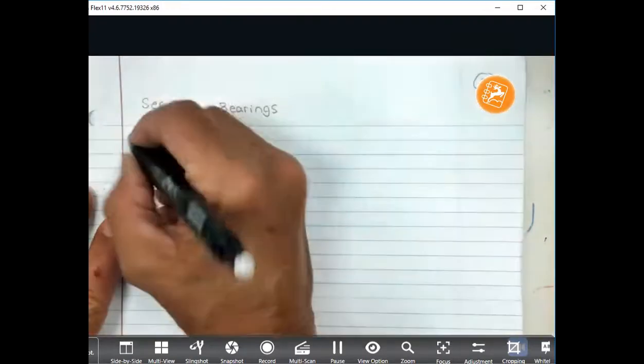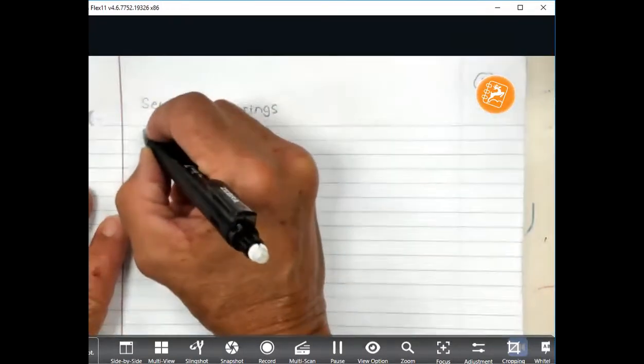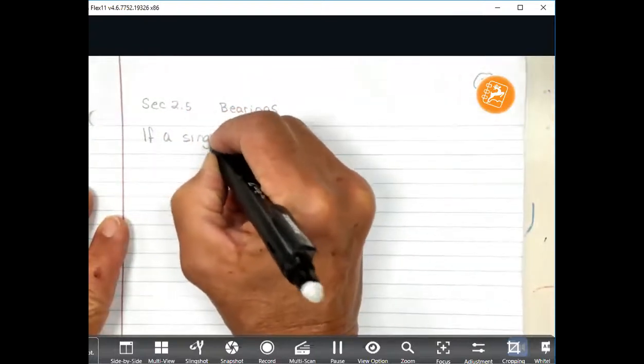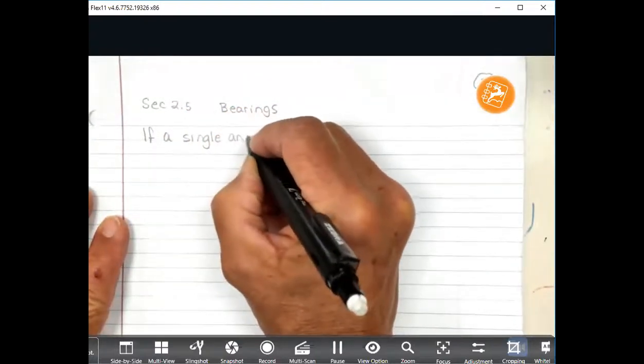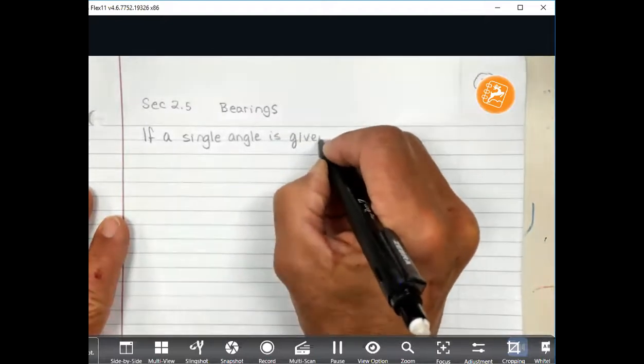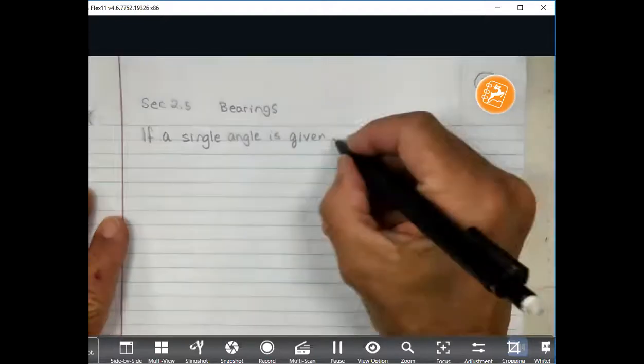So there are two ways they're measured. Sometimes a single angle is given. If a single angle is given, then the angle measurements